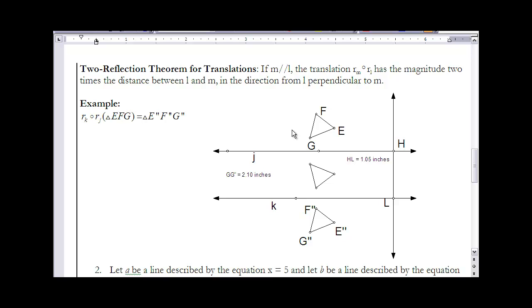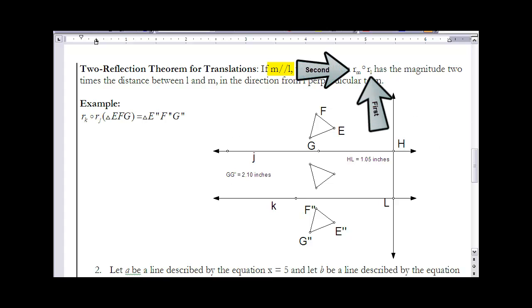The two reflection theorem for translation tells us how we can coordinate those two ideas: doing two reflections over parallel lines, and what that tells us about the magnitude or distance of the translation, and also about its direction. Here's what it says. If two lines M and L are parallel to each other, and we do a translation such that we do the reflection over M following the reflection over L,